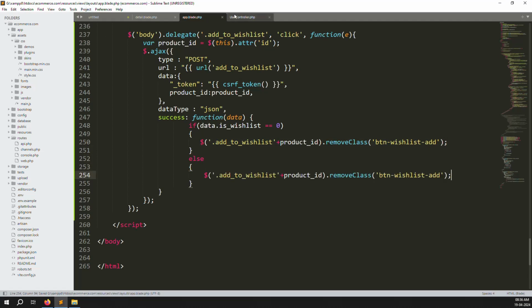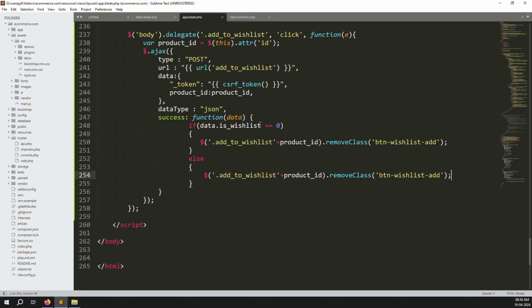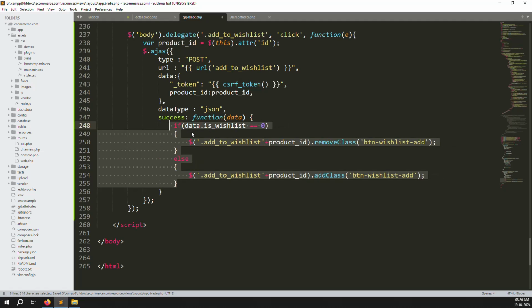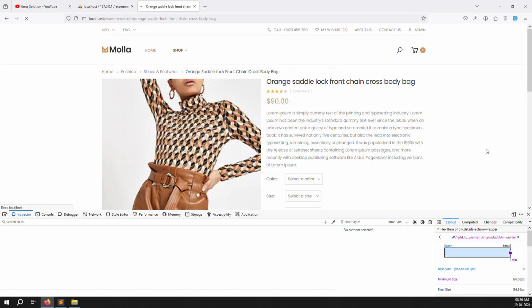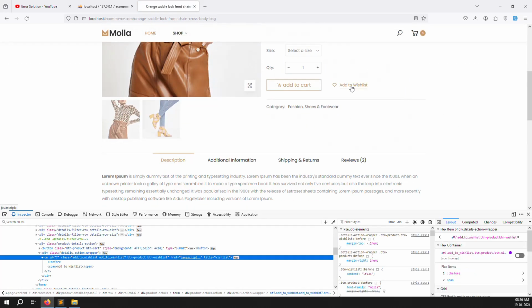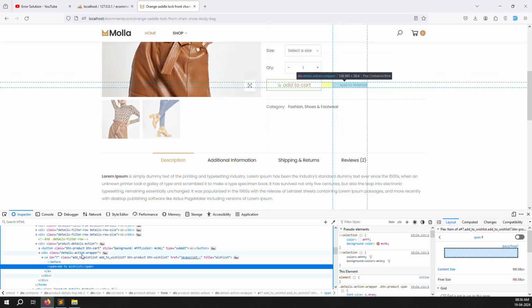So go to user controller, so you can understand. Here you can pass 1 means add class, and 0 means remove class, and here we can do add class. So let's test so you can better understand. Okay, just go back again, refresh the page here, and we can try whether it's working or not. So now you can see I just make add to wish list, just I click. So here is a fire, what's the error here? Not there. So just go back again, we can check whether it's working or not,